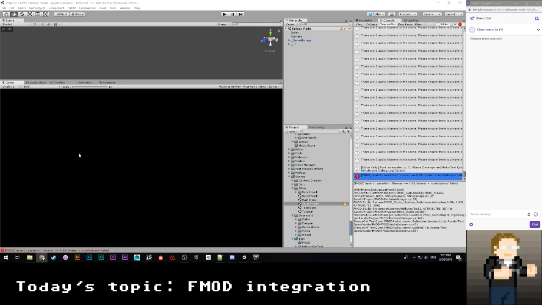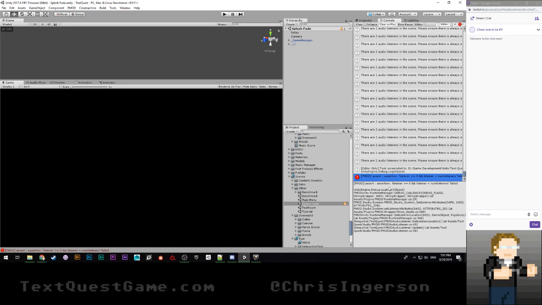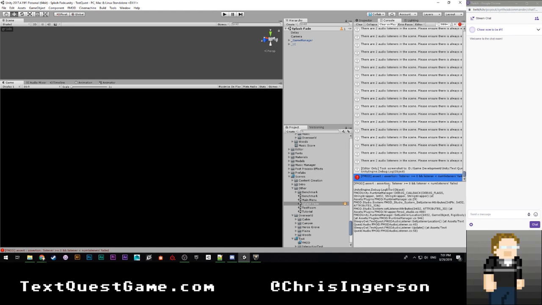So, today we are going to be working with some Fmod integrations. Specifically, the first thing we're going to start off with is we're going to try to isolate and get rid of this error that gets logged. This is not an error with the, well, how do I say this? This is a non-fatal error. This is not a problematic error. This is an error that's just being logged as an error, but I'm pretty sure it's actually more of a